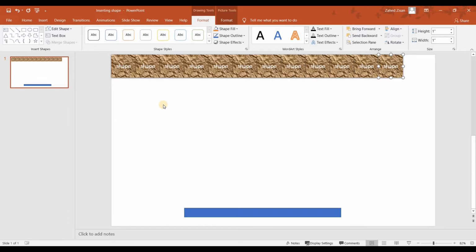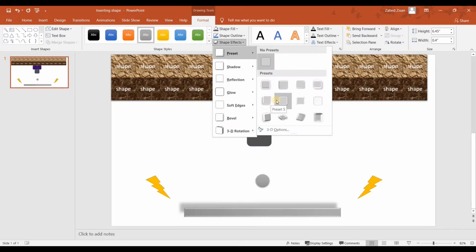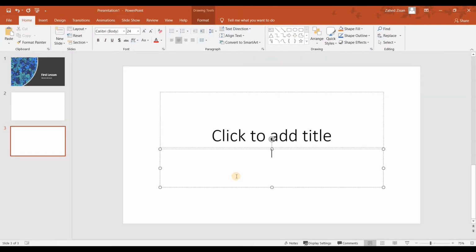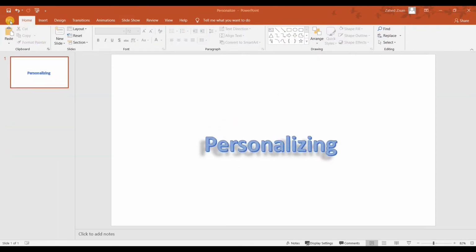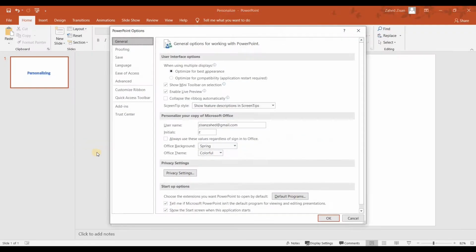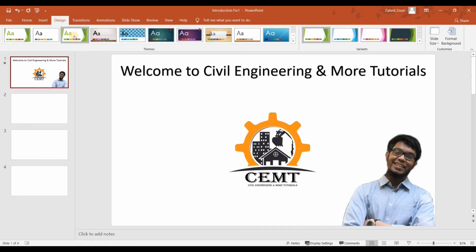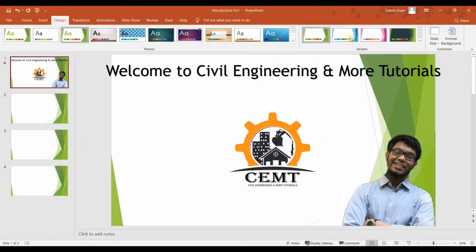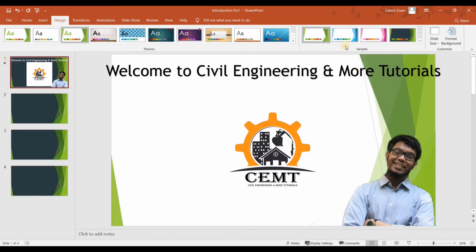In this course, you will learn most of the things, if not all, that can be done using PowerPoint. We're going to start with the basics and learn the basics of graphic design, video making, and many more functions of PowerPoint. By the end of the course, you will not only learn about slides and slide making, but also